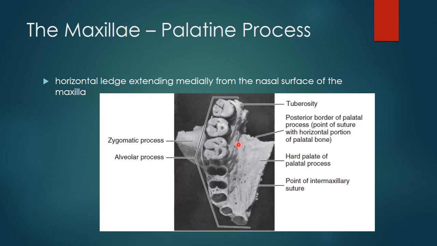The palatine process becomes progressively thicker anteriorly from the posterior border, where it becomes confluent with the alveolar process surrounding the roots of the anterior teeth. Immediately posterior to the central incisor alveolus, you can see a smooth groove that is half of the incisive canal, here. This opening is called the incisive foramen or the nasopalatine foramen, which carries the nasopalatine nerves and vessels.